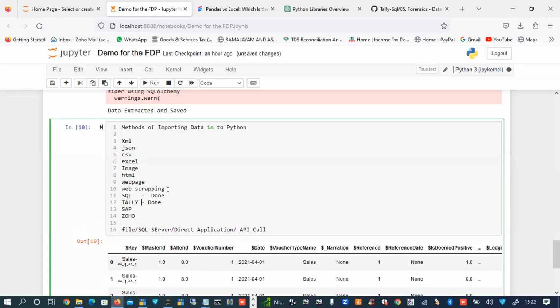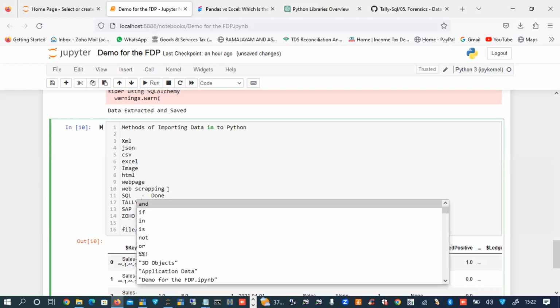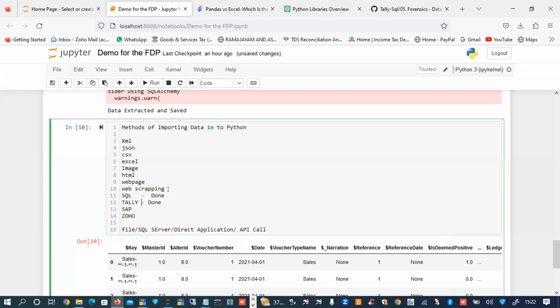Sir, why I am spending much time on importing is that you, as chartered accountants, should know which source data can be imported. If you are unaware of what can be done, then you will not try this tool itself. That is why I spent some time on importing.